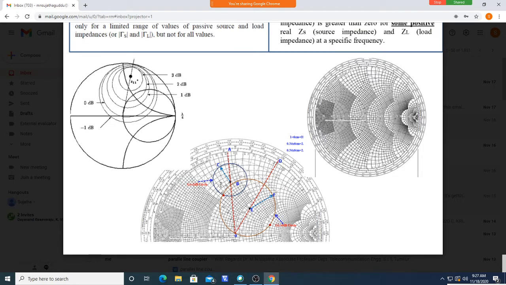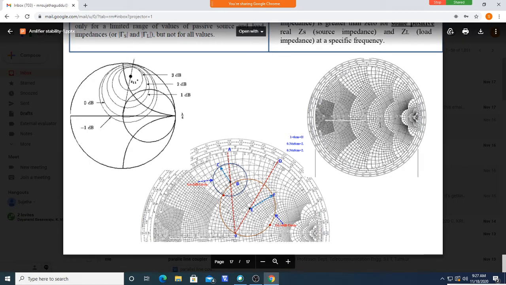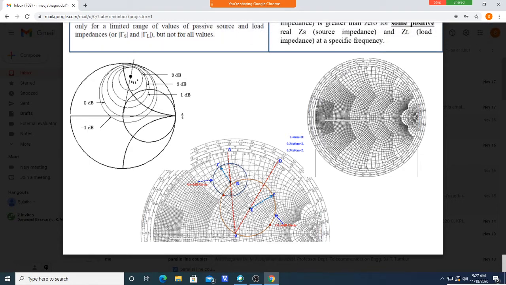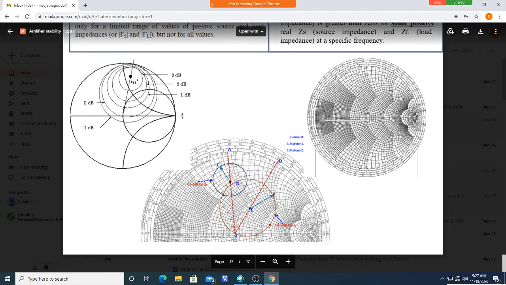For that, you should draw a circle like this, a 2 dB gain circle. After drawing the 2 dB gain circle, you can use any value over the circle. Need not worry. Any value you can take, because all those values give stable operation. Any value over this Smith chart gives stable operation, so if you take any value over this circle, that gives stable operation. Need not worry what value you take over this circle to get stable operation, because we already checked it from the delta and K method.